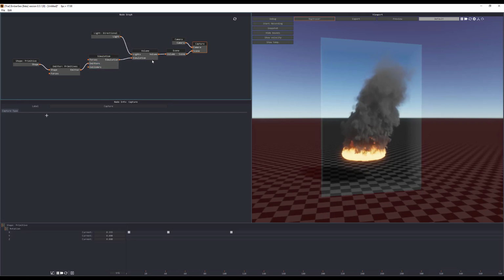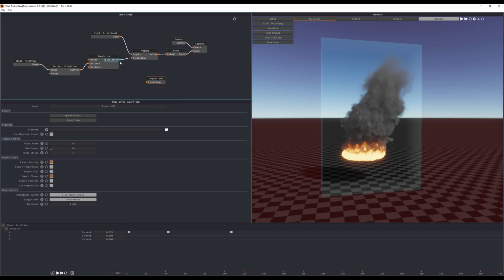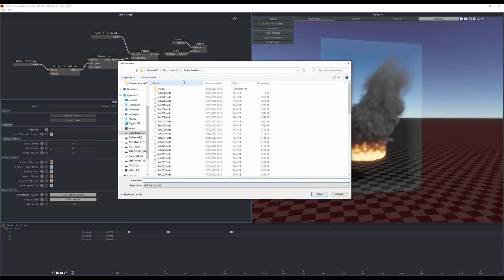By the way, we need something to export the simulation, and to do something like that, we can stop the simulation. Right mouse button over the node graph, and you see that here you have all the features that you can use. Actually, you have export, and we go for VDB. You connect the simulation to the input, and this node has the file name. We can choose where we like to export the data, and I say that here we are going to have test